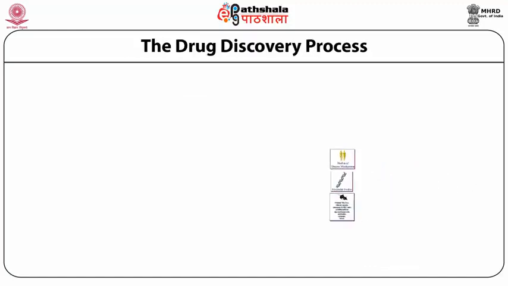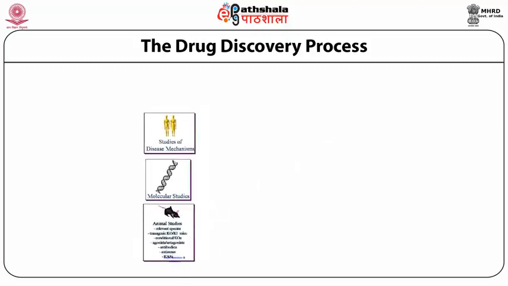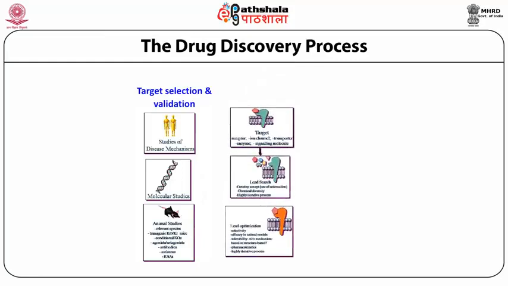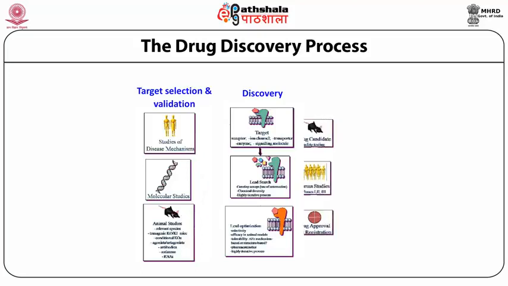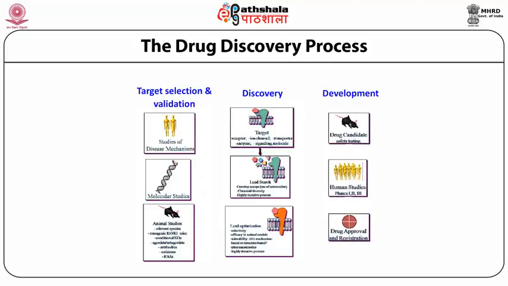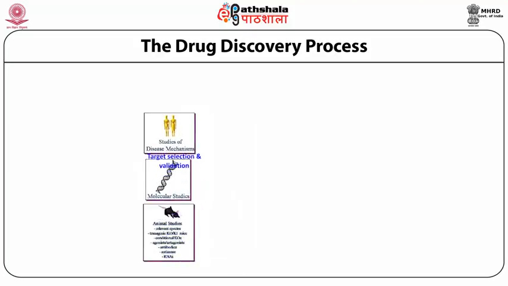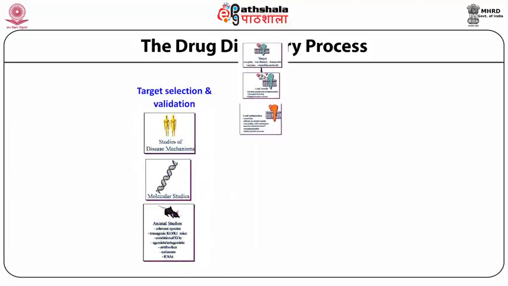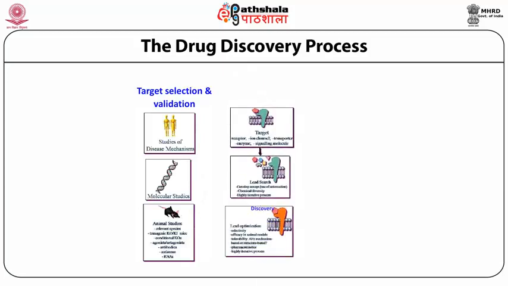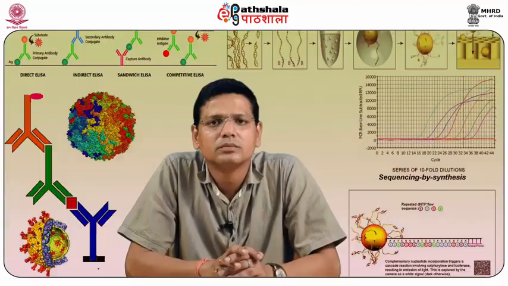Now, coming down, if we expand it, the same drug discovery and development process has three basic parts. The system starts with target selection and validation, as I discussed earlier, and then goes on to discovering the methodology of action, where we have lead search as well as lead optimization, followed by development, where we have animal models for drug candidate safety testing, and then human studies, where we have clinical trial phase 1, 2, and 3, before entering the final trial that leads to drug approval and registration.